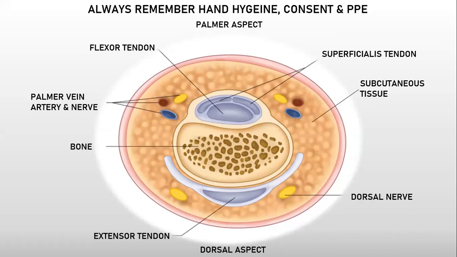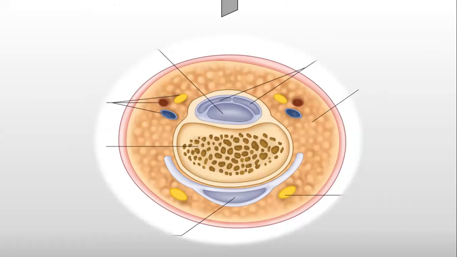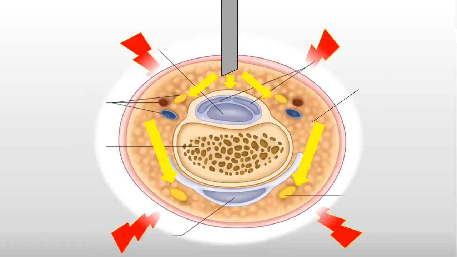Pinch together the skin distal to the crease and insert the needle at a 90-degree angle until the needle passes through the layers of the dermis. Resistance should be felt as the needle interacts with the flexor tendon, but be wary not to pierce this. Aspirate to ensure the needle is not within a vessel, then slowly, over 60 seconds, inject between 2 to 4 ml of lidocaine, equivalent to 20 to 40 milligrams, until tumescence, which is indicated by a circumferential distension of the